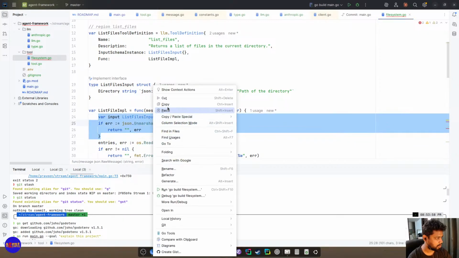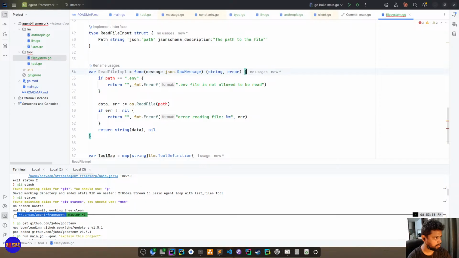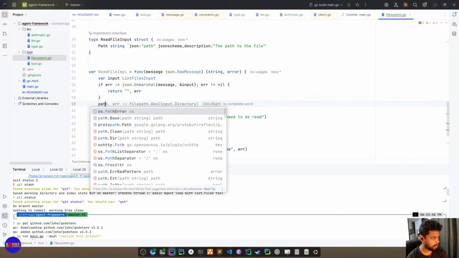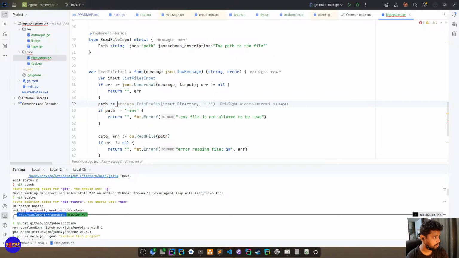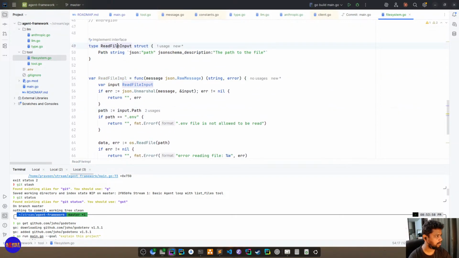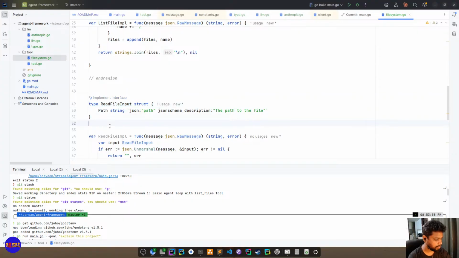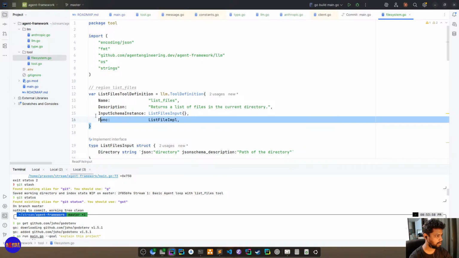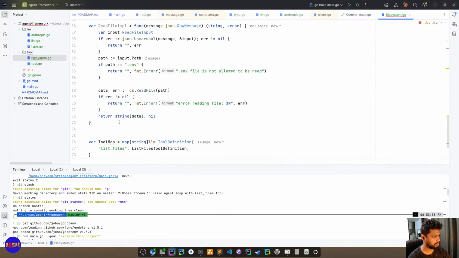This parse the input. The part is, the part should be, okay. So refine, refine, right. So and we need a tool definition.